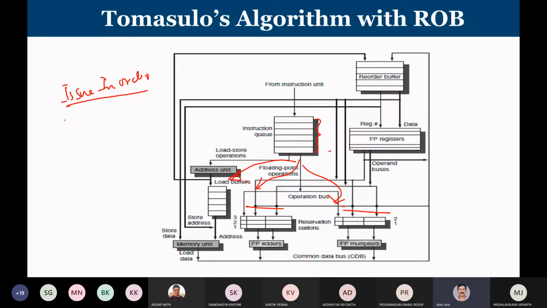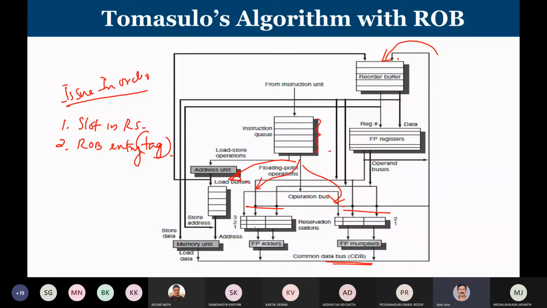There are 2 things to do. One is we should have a slot in the reservation station. Let us say it's an adding operation, so in the adder reservation station there should be 1 entry. Second, there should be a ROB entry, in the reorder buffer. Why do we use the reorder buffer? At the end of the operation, the result is written onto the common data bus and then reflected in the reorder buffer. If I don't have space there, where will I store the result? To ensure that, at the time of issue itself, I pre-reserve a slot in the reorder buffer, and that is known as the ROB tag, the reorder buffer tag.